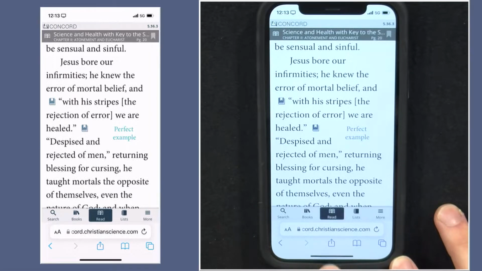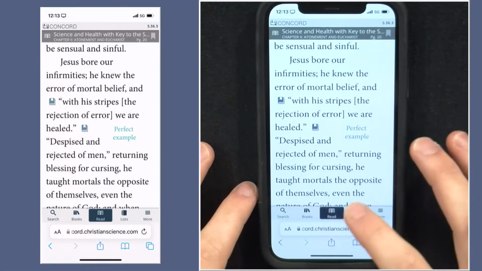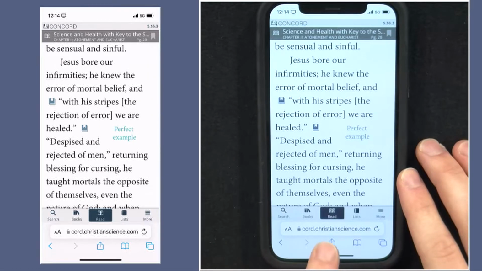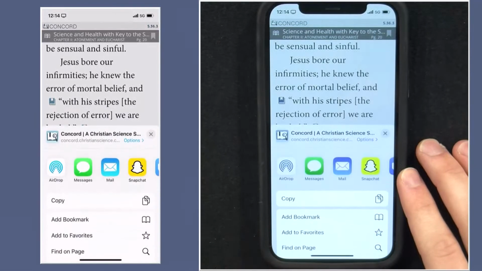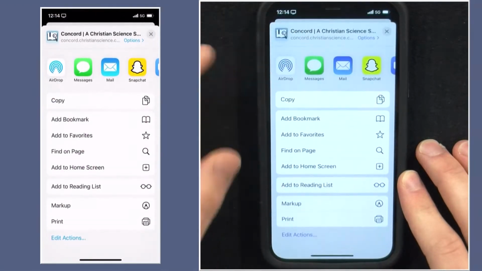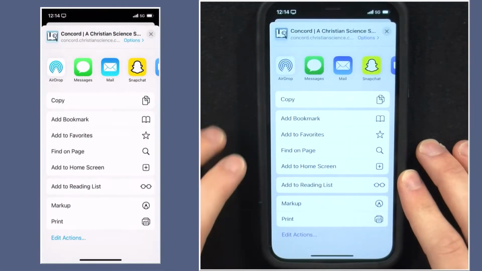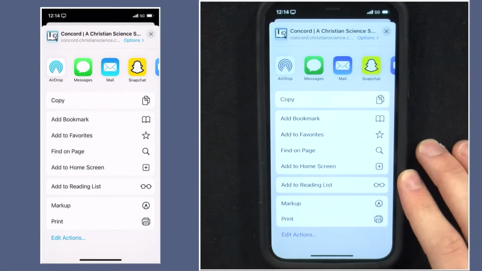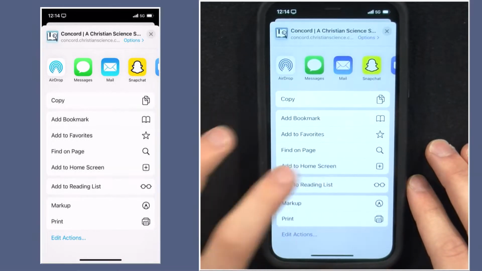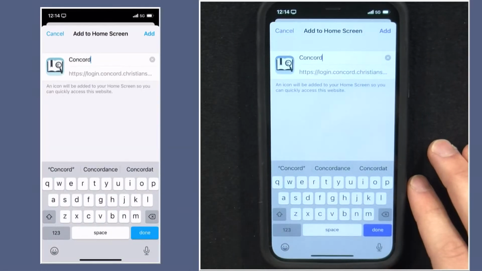It's a square with an arrow pointing out of it, and it's right below the Read tab on my phone. And so I'll tap on that share icon, and it will bring up a menu, and I'll just scroll up with my finger, and I want to look for the menu option that says Add to Home Screen there. So once you've found Add to Home Screen, you can tap on it, and it will give you the option